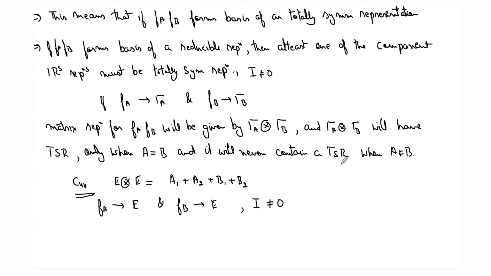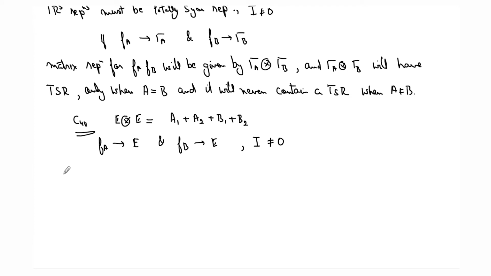All we have to do is, given a function, we have to find out what is the irreducible representation to which that particular function is forming the basis of, right? If the two functions are forming basis for the same representation, then I will not be equal to 0. If the two functions are forming basis for two different representations, I will be equal to 0, right? So very simple now. So now let's also look at, in the same way, the integration of a triple product, whether it will be equal to 0 or not.